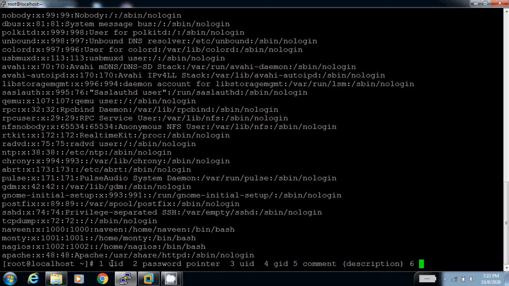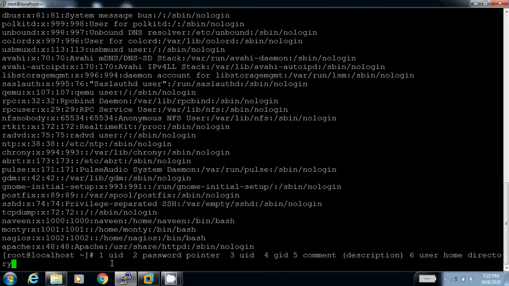Sixth one is user home directory, and seventh one is user login shell.